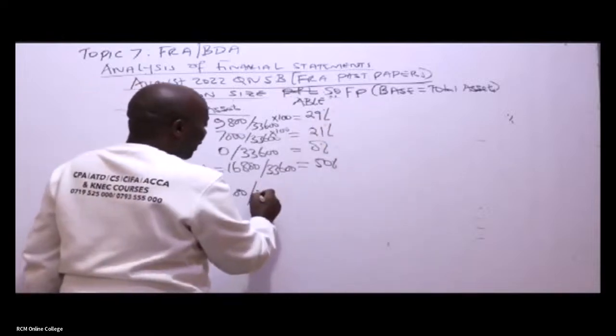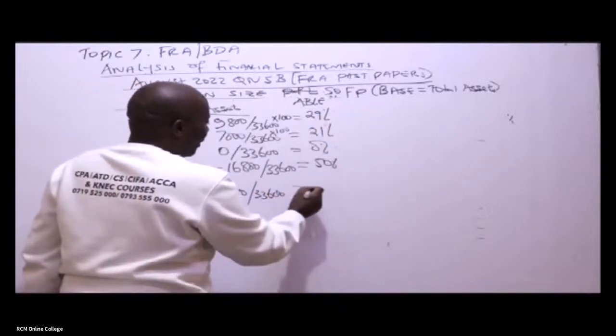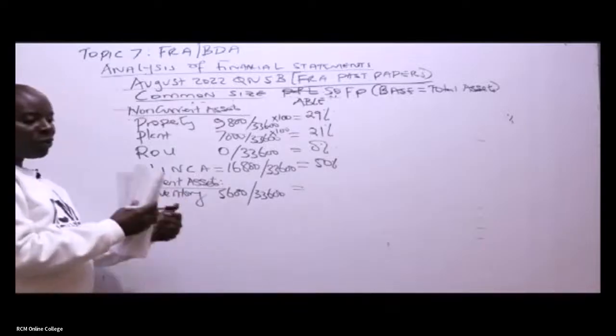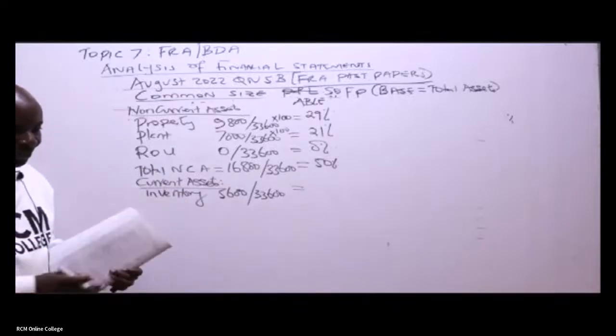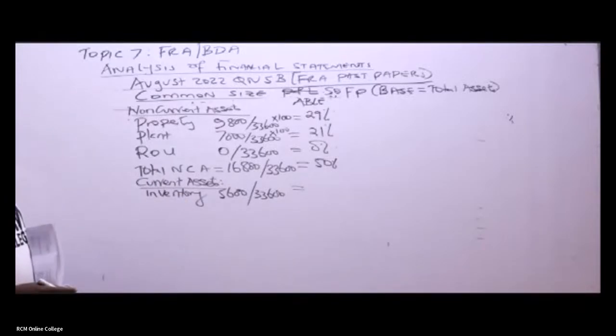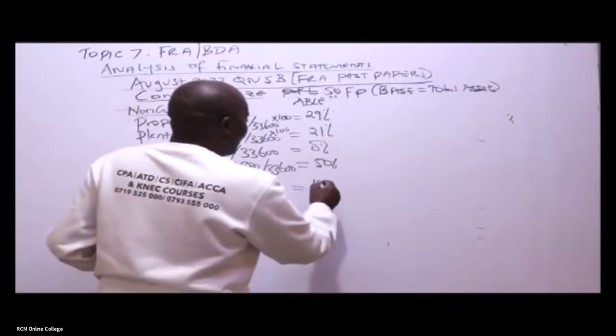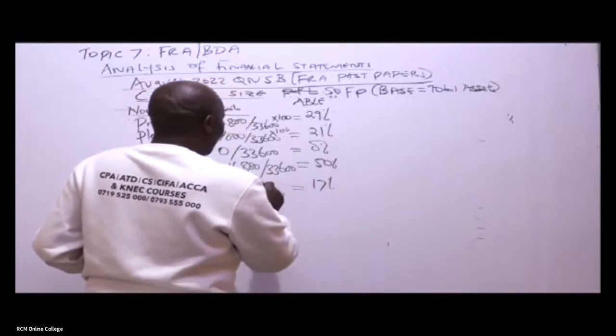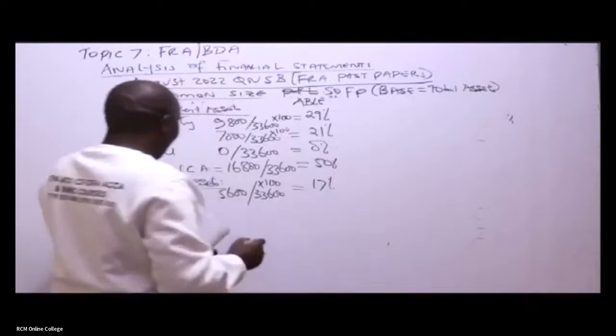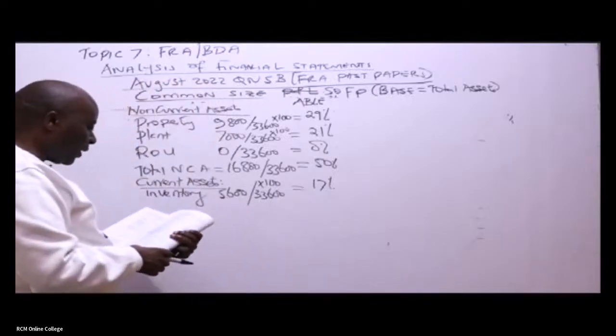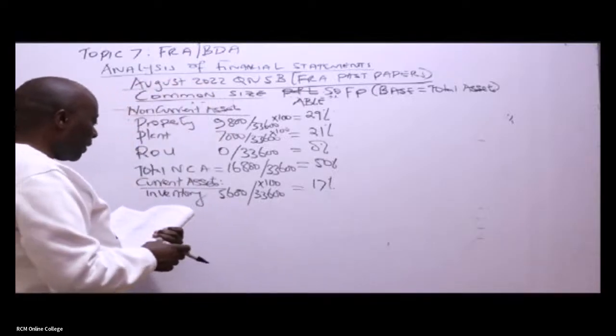Our base is total assets at 33,600. Give me an answer. Times 100, of course. 17%. From there, ladies and gentlemen, I will be able to pretty fast pick the next one, which is